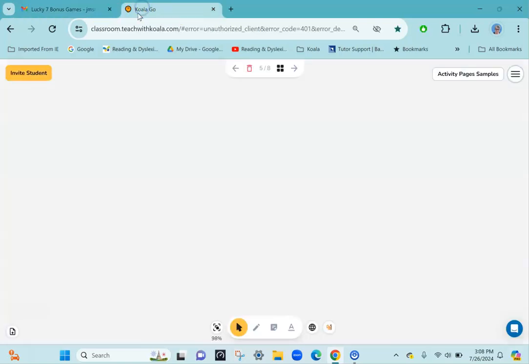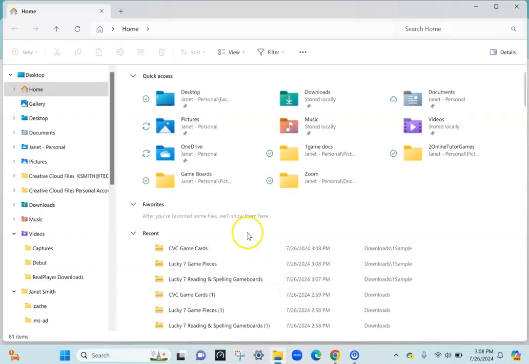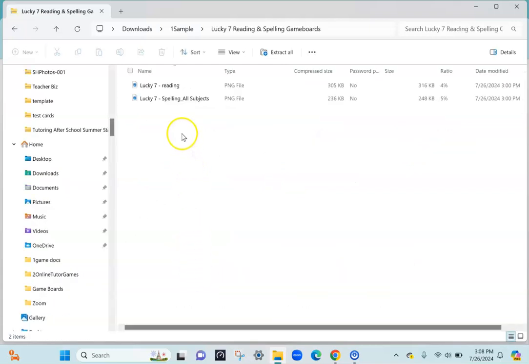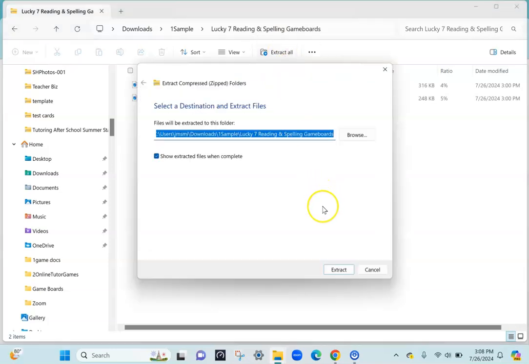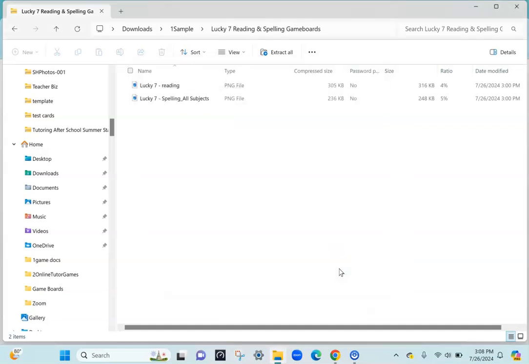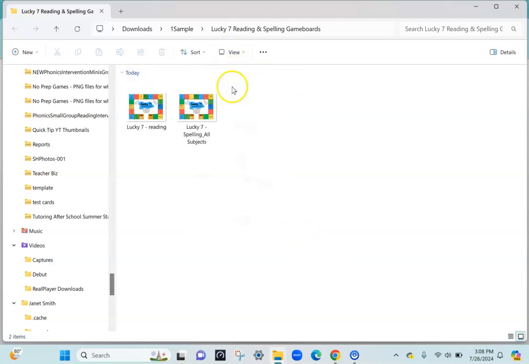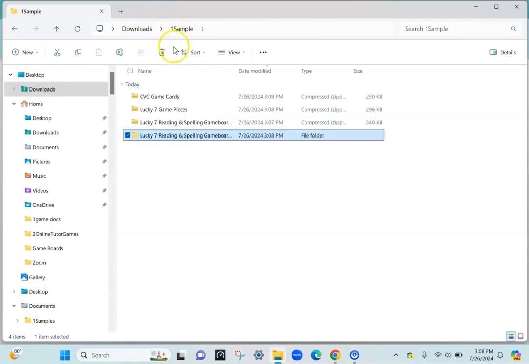Okay, then when you go back to your whiteboard, before you can upload these, you need to extract the zipped files. So first, let's open up our game boards and hit extract all up here at the top. And that will save them in a format where you're able to use them. You can make the icons larger if you want to view it. And go back to your folder